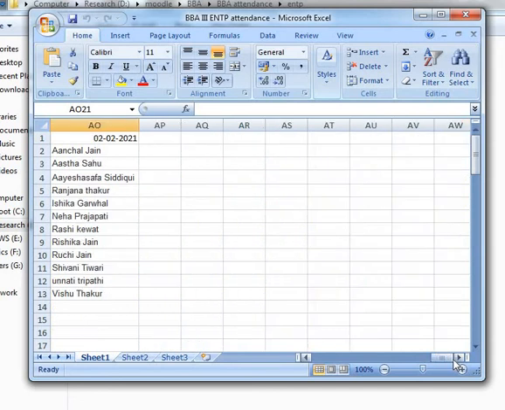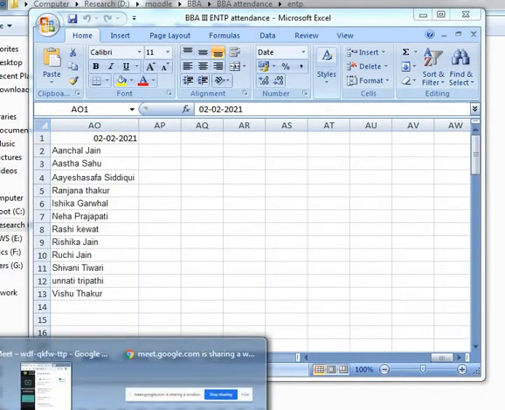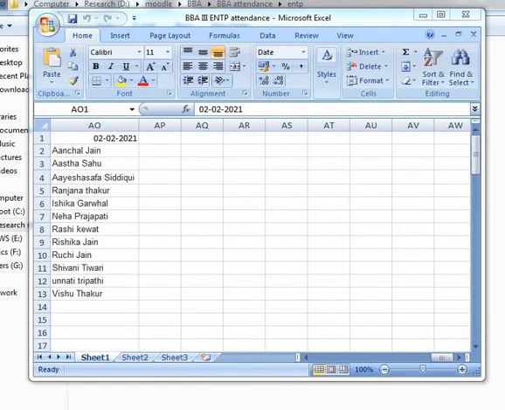So here you can see this is yesterday's date, sorry, day before yesterday. If I click on this small square that you can see, is it visible? One second, I think you may not be able to see it. Now can you see?